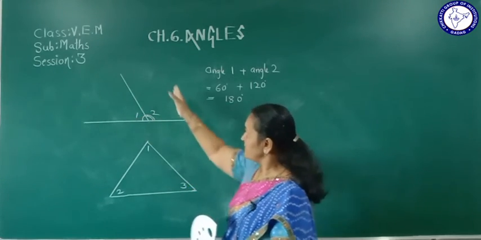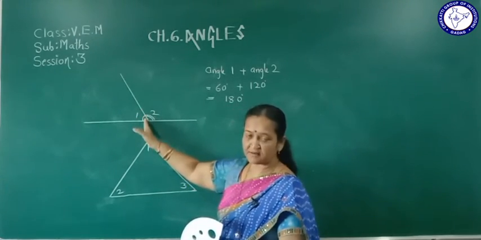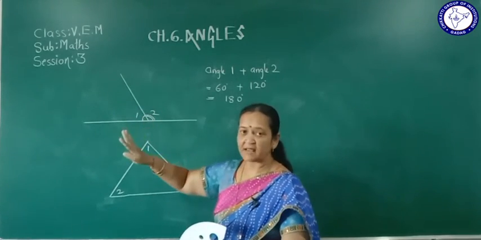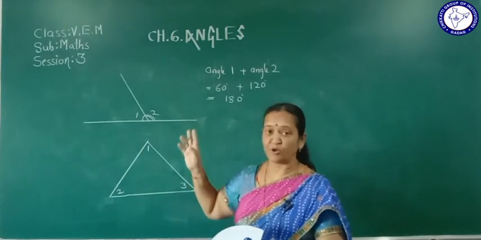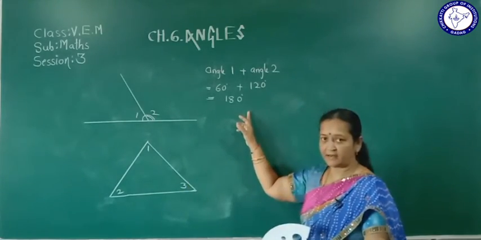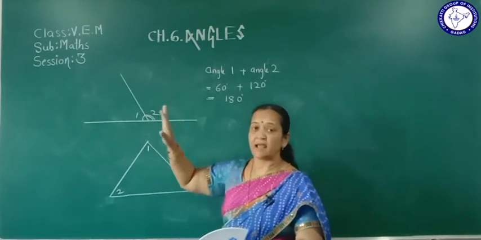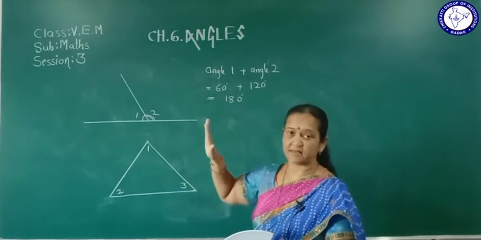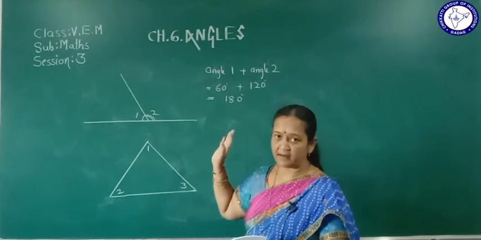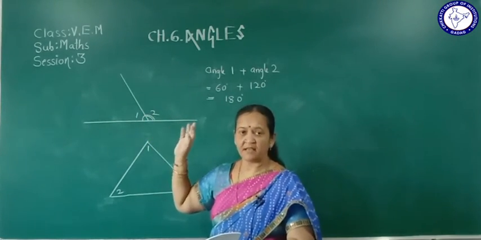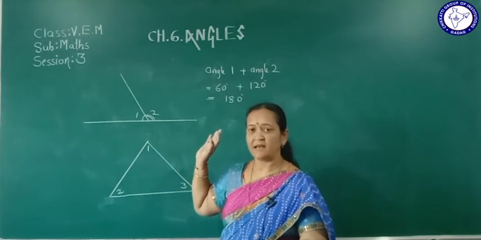Isn't it? Now when here two angles are drawn on a straight line, sum of these two angles is 180 degree. If another angle, third angle was drawn on the straight line and three angles are formed, then sum of all three angles you will find 180 degree. If five angles are drawn on this straight line, then sum of all five angles is 180 degree. This understood? So angles on the straight line, they frame together 180 degree.